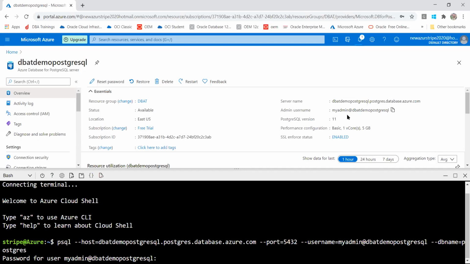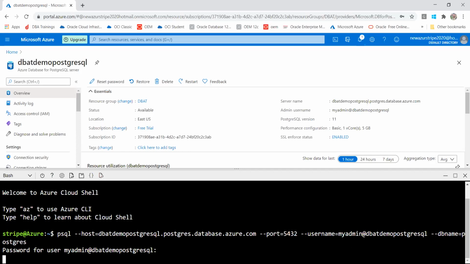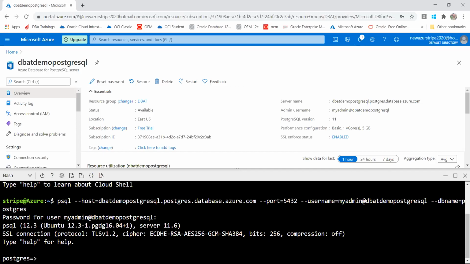You can use your admin username, and then which database I am connecting: by default the postgres database will be created. And it is asking me the password. Let me give the password. So I am connected to my Postgres.